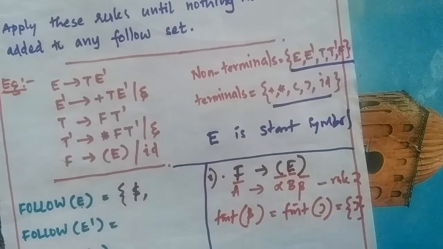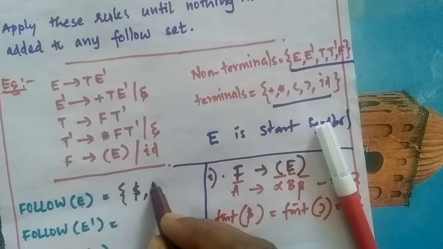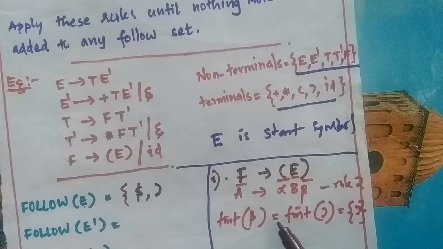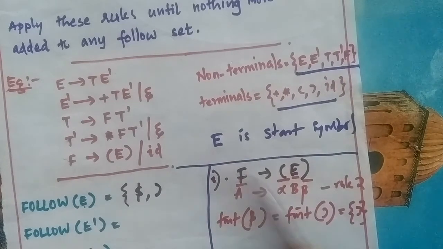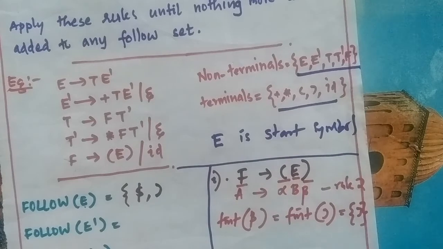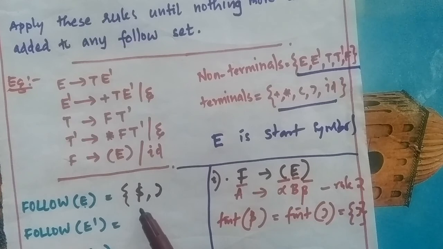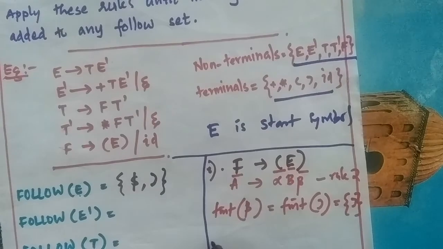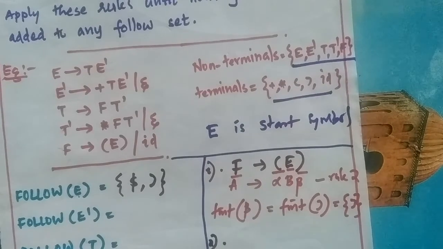So you can see here, right bracket belongs to it. So these two rules we can apply to compute follow of E. And if you can't find any other rule which will help you to compute any other terminal symbol of follow of A, then this is completed. Then the second thing.